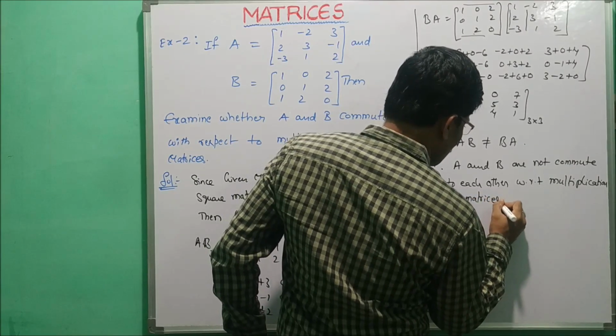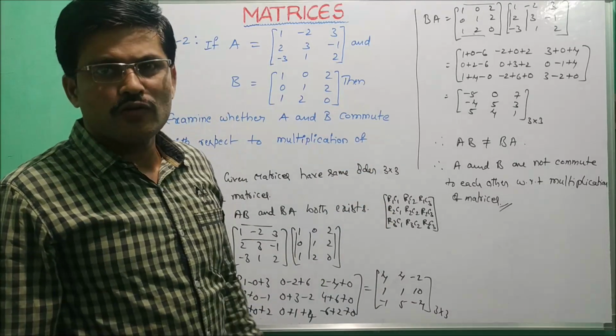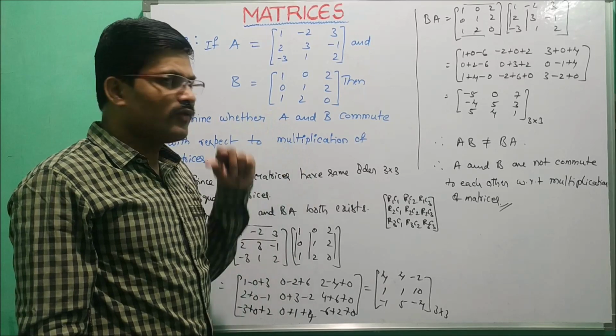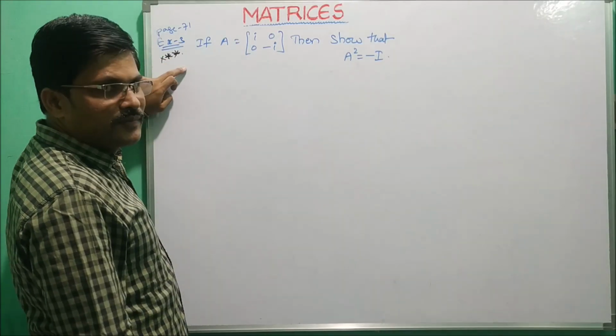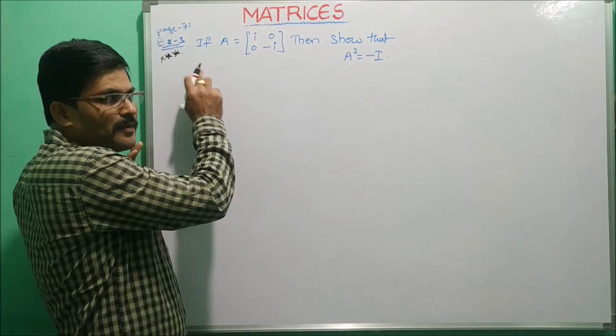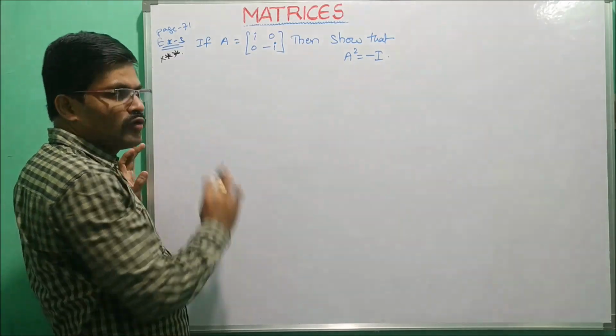So this is also a very, very important sum. It is given so many times, 2 marks in IPE level. This is the solution for this question. So we note the problem. Now the next sum. This is example number 3, page number 71, which is also a very, very important sum. This is also given so many times, 2 marks.